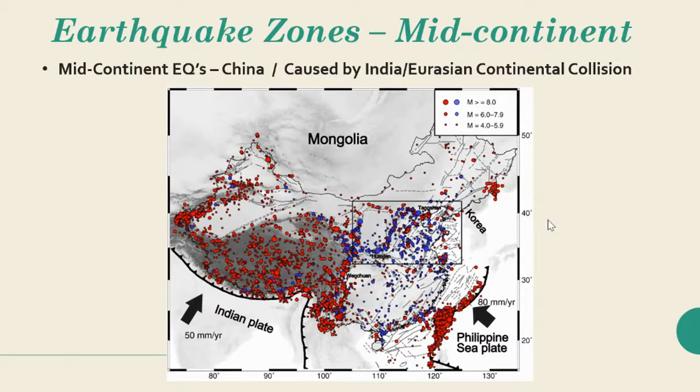Most of the earthquakes occur along plate boundaries, but I did want to mention that there are some mid-continent earthquakes. For example, mid-continent China. What you're looking at here is a picture of India, and as India slams into Asia, you get the buckling up of the Himalayan mountains. Obviously, there's going to be earthquakes along there. That's a continental convergence. But when we talked about mountain building, we talked about how the back of that area also buckles up to form a plateau. And so the Tibetan Plateau, extending all the way through the central region of China here, also happens to be